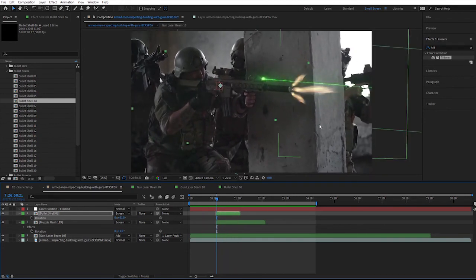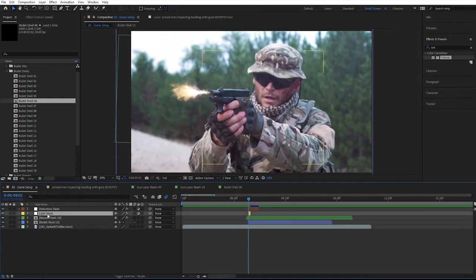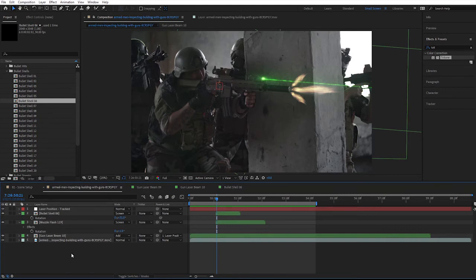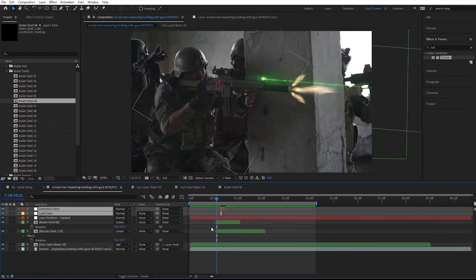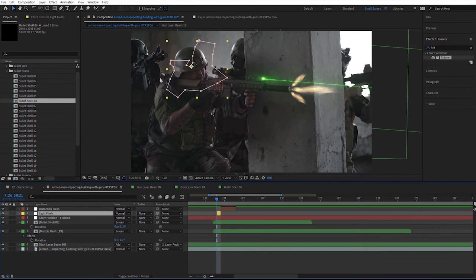One last thing, of course, you can add that light flash. So to do that, I'm simply going to the scene setup in here, and I'm going to copy these two effects, the distortion and the light flash. Simply copy them and go to this scene and paste them right over here. And you need, of course, to align them with that muzzle flash in here, and then select